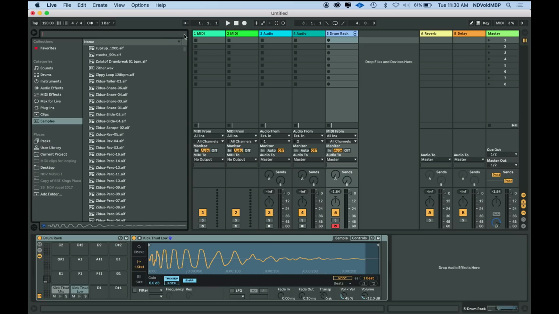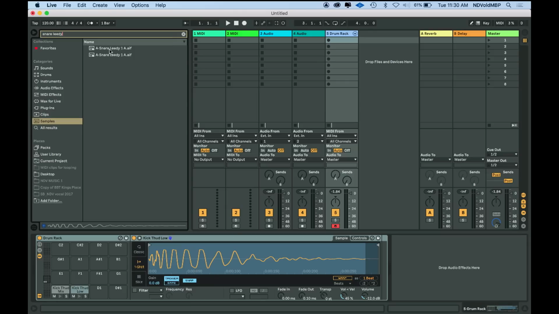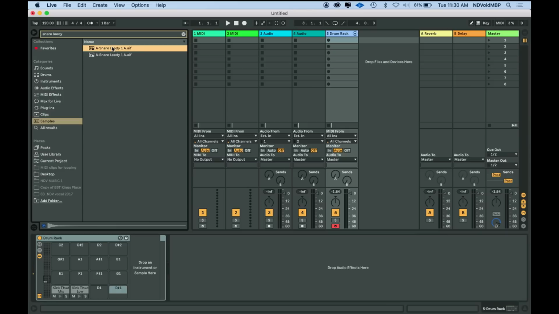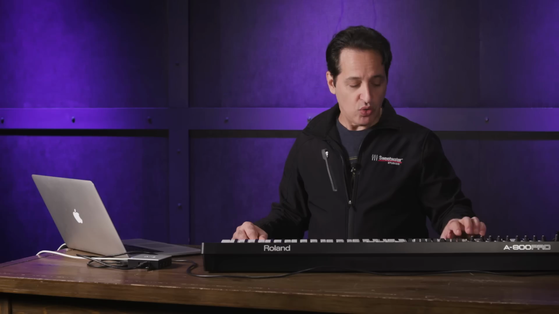So now I'm going to pick out my snare sound. So I type in snare and "leady," which is the type of snare, and there it is. Here's the sound. Okay. So I want to put that right over here on D sharp 1. Drag it down. Now I have a snare sound. Kick, kick, snare. Okay, good start, but we need to have a couple of hi-hat sounds to round out